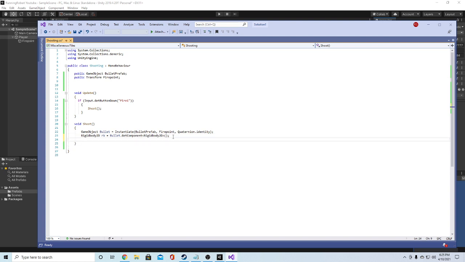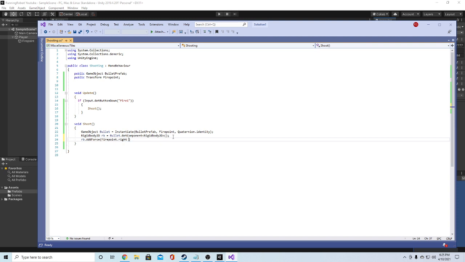Okay, so now we actually need to add force to it. So we're going to use the rigid body, add force. I know spelling is not my strong point, and that's one of the biggest problems with coding is that you have to make sure that you're in good shape for spelling and a lot of corrections and stuff like that. So it's going to add force at the Firepoint, and I'm capital,